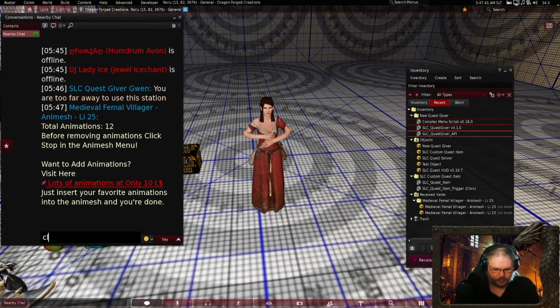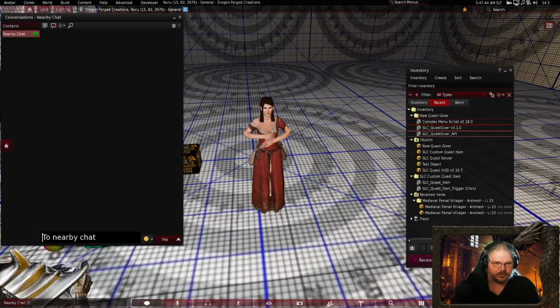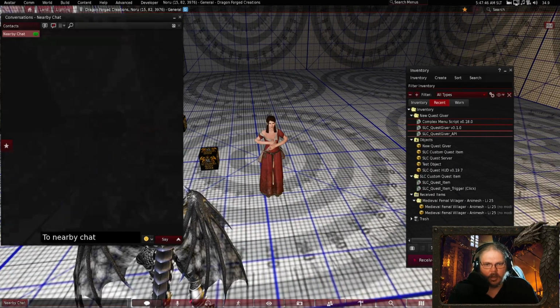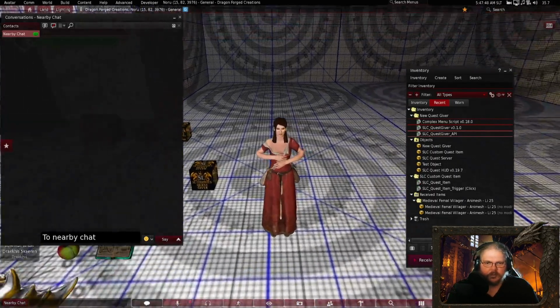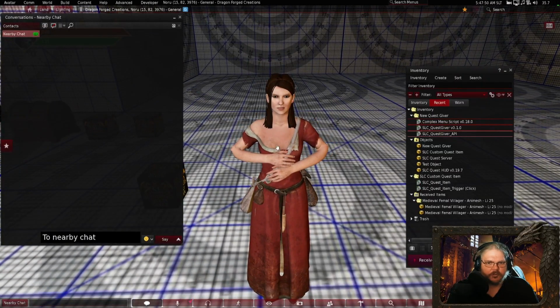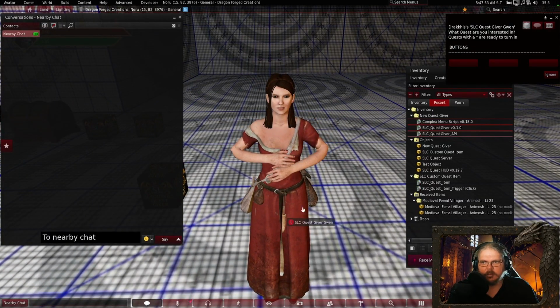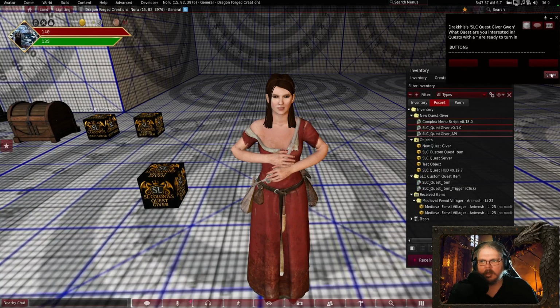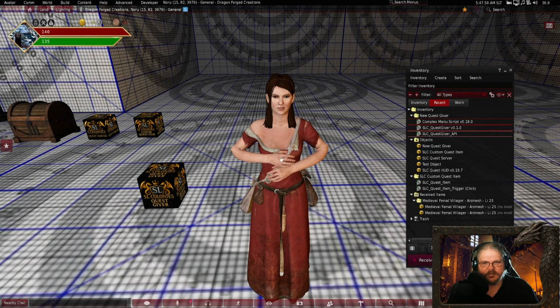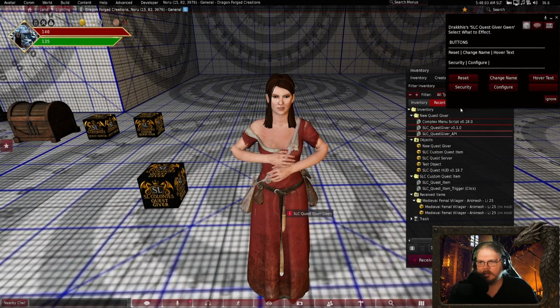So let's just clear that chat away. And now back to this. So you've put your scripts in, click it, nothing comes up because we have not assigned any quests to this. So long hold click, you can do the usual, set security, change the name,